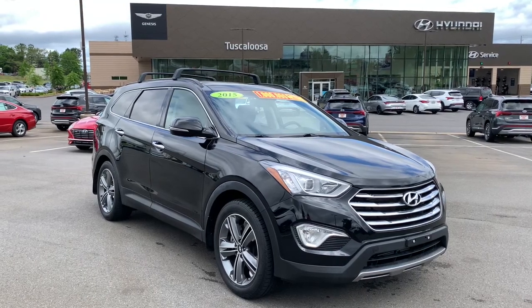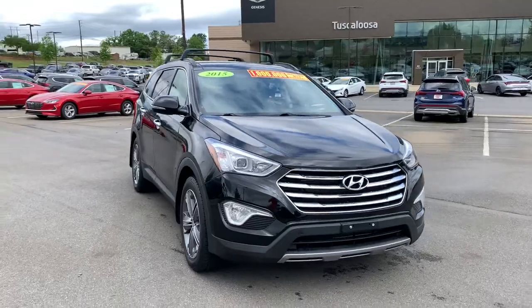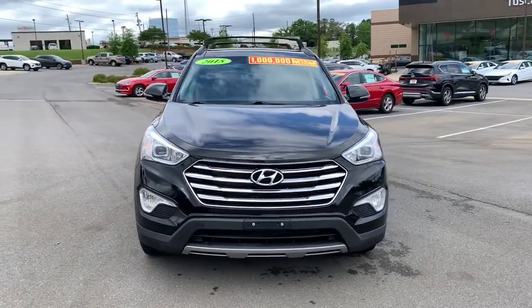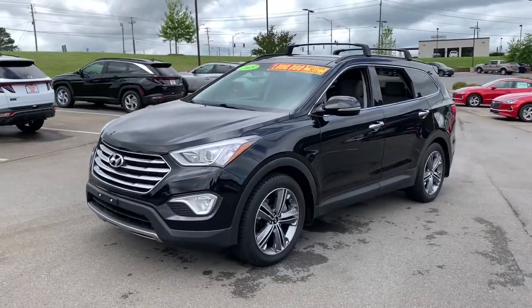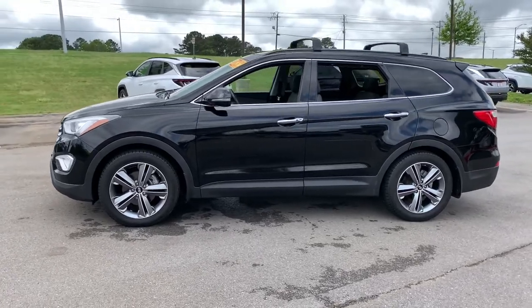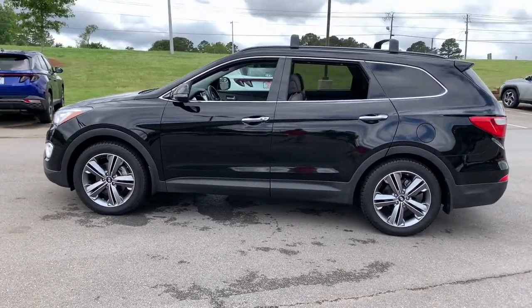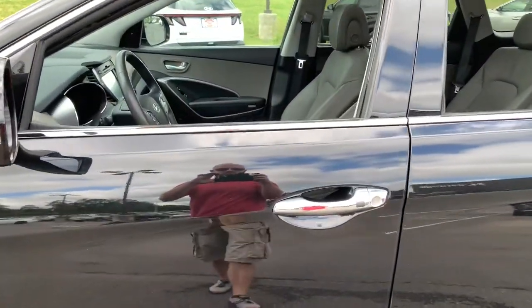You will be amazed by this 2015 Hyundai Santa Fe. This vehicle is an outstanding buy with fewer than 70,000 miles on the odometer. Relax and enjoy the road trip in this convenient, well-equipped Santa Fe. Crossover versatility, striking looks, the latest infotainment and safety tech, and a spacious, comfortable cabin are yours in this stylish,